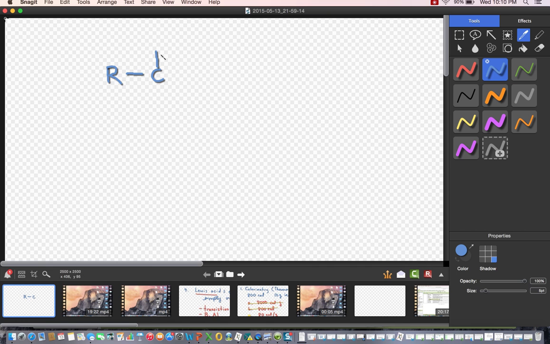So remember, a carbonyl is a family of functional groups. So we'll have a carbon-oxygen double bond, and then a carbon-OH single bond. This is a carboxylic acid. For example,